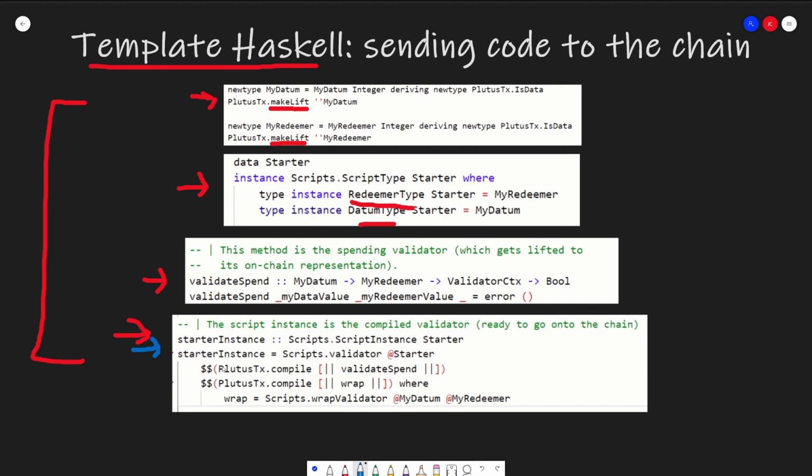It might look like there's a lot of complex syntax, but most of this is actually just copy and paste. We just give it the script type that we've instantiated, where we define our datum and our redeemer. We give it our validator script that we've written, and then we just define our datum and redeemer type under the variable name wrap. That's all we need to do for our starter instance,